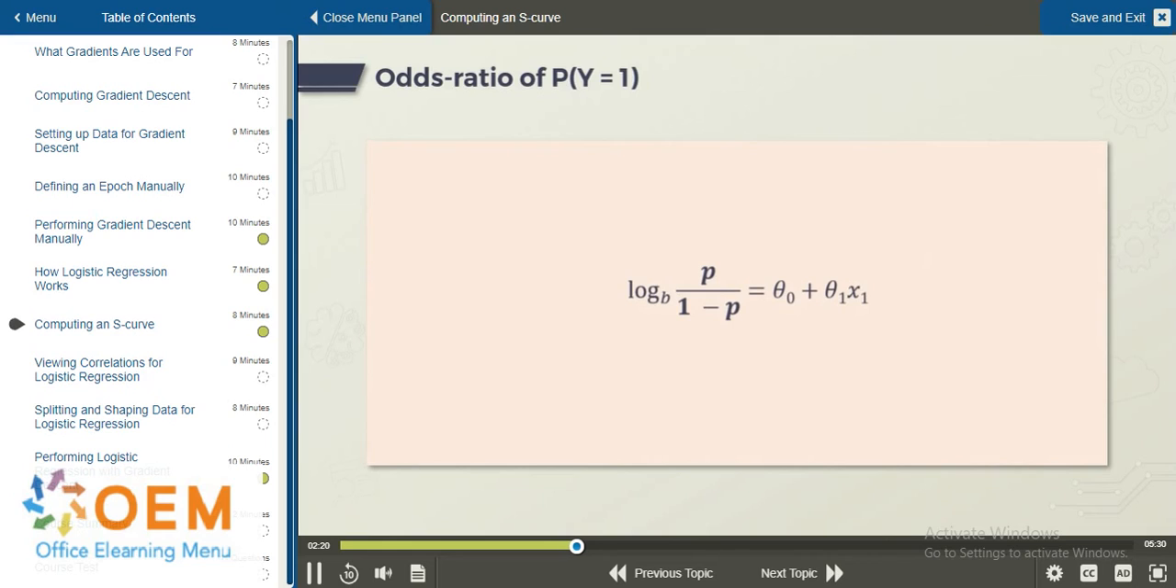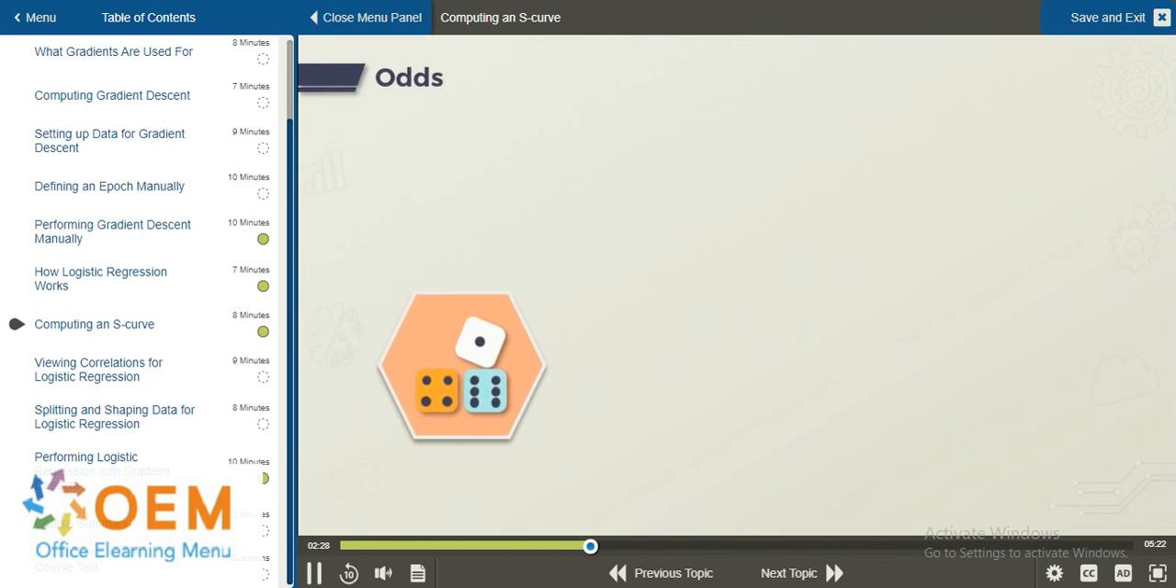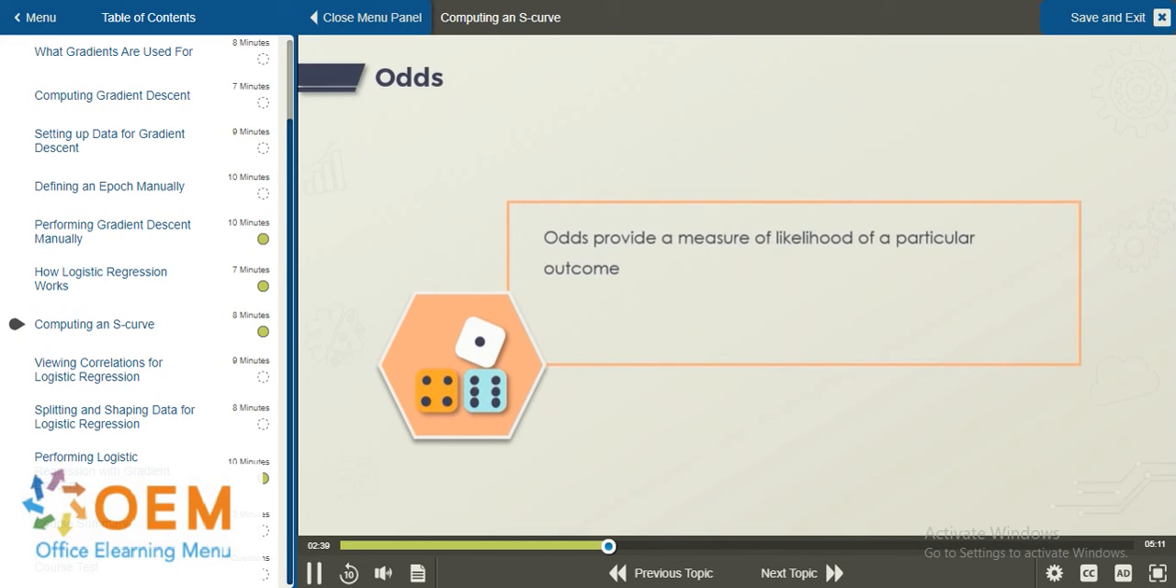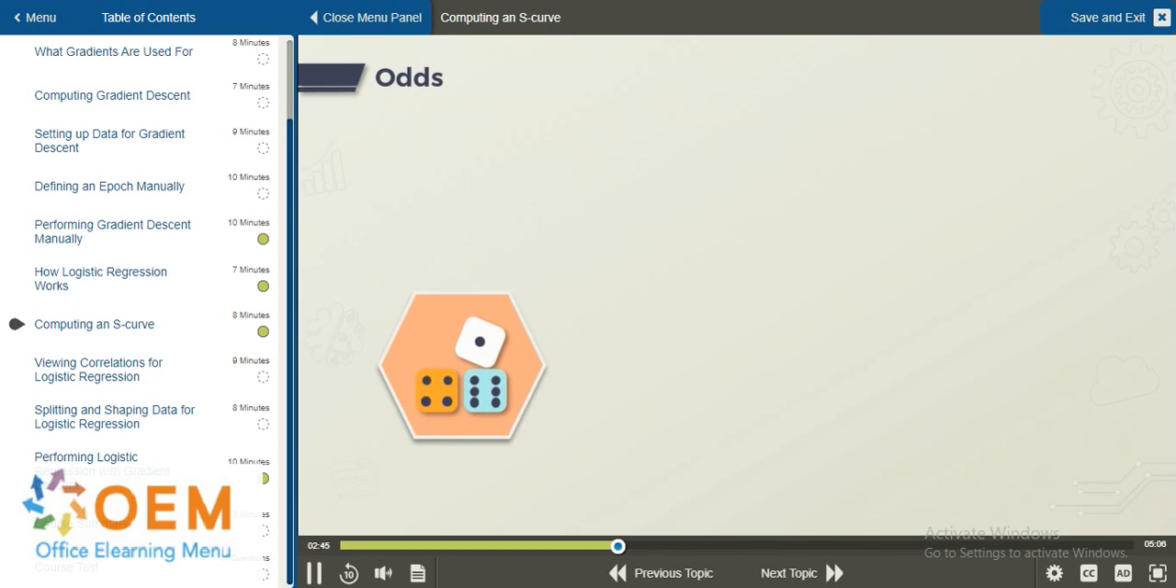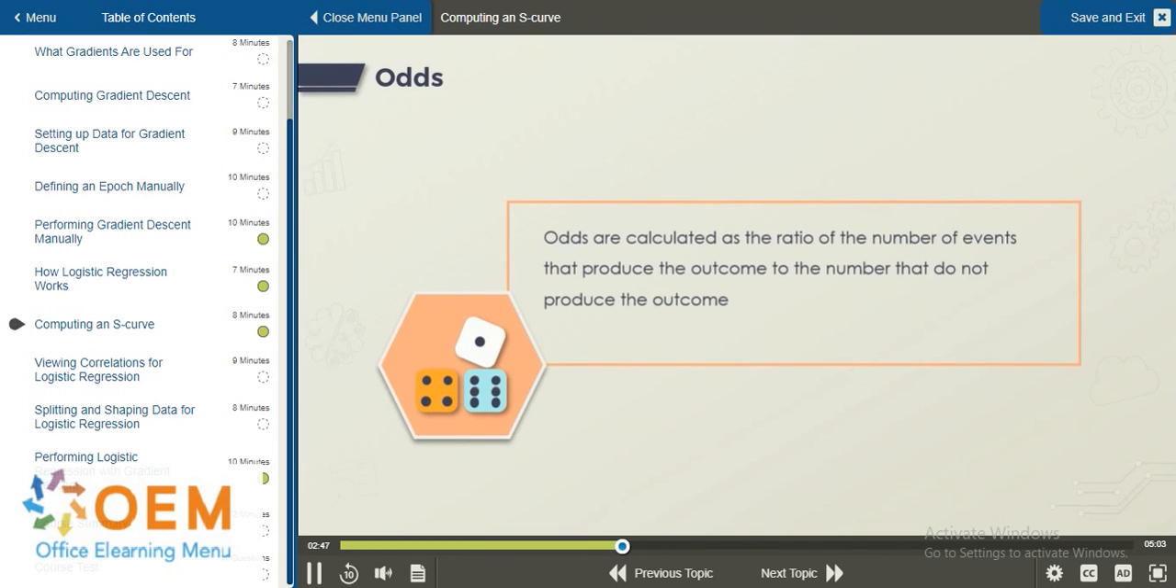And p divided by 1 minus p really just gives us the odds of the event y equal to 1. The term odds is often used colloquially in common language. However, in probability, it has a specific meaning. In everyday speech, when we use the term odds, we are just referring to any measure of likelihood of a particular outcome. However, in terms of probability, the odds measure the ratio of the probabilities of that event occurring to the probability of that event not occurring. In the world of discrete probabilities, this is the same as the ratio of the number of events that